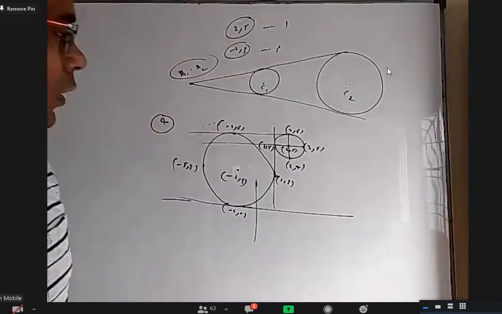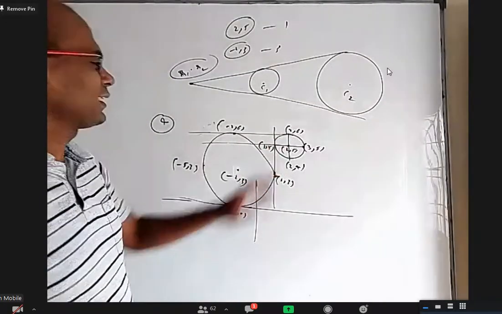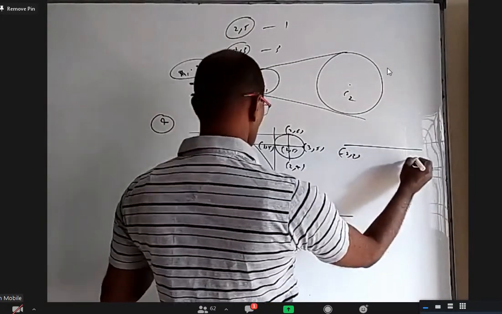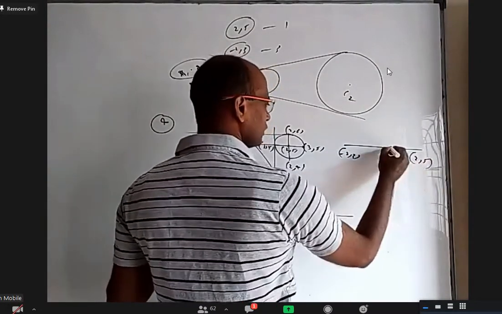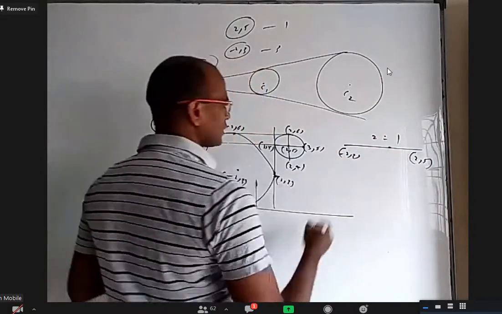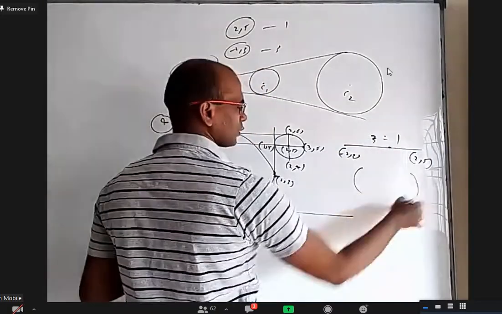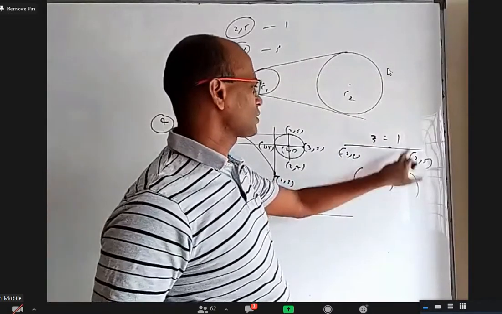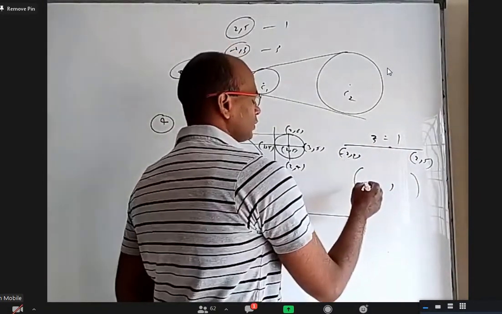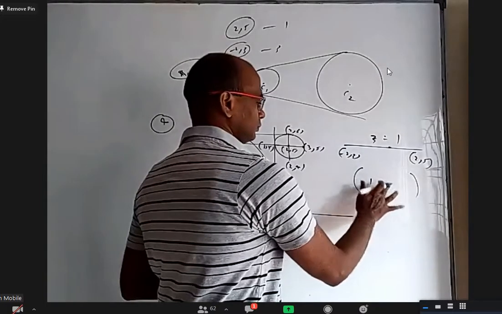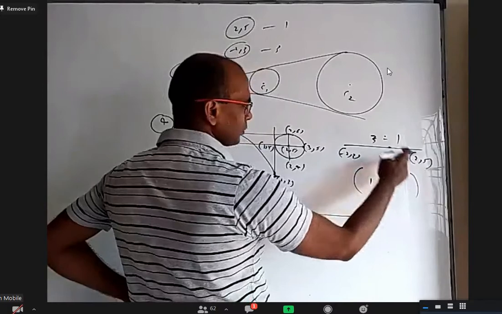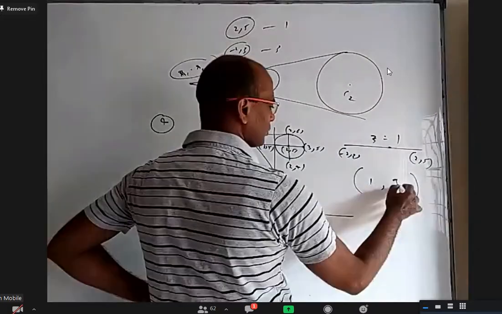Okay. So somebody find the internal center of similitude. What is that? Take (-2, 3) and (2, 5), and apply the ratio 3 is to 1. What does the internal center of similitude come to? 3 into 2 minus 2, which is 4 by 4, so 1. And 15 plus 3, 18 by 4, 9 by 2.